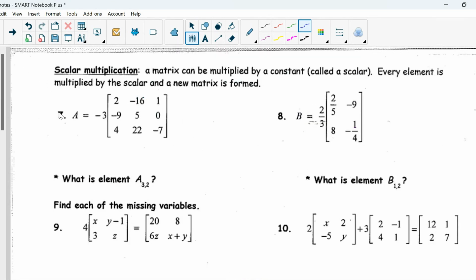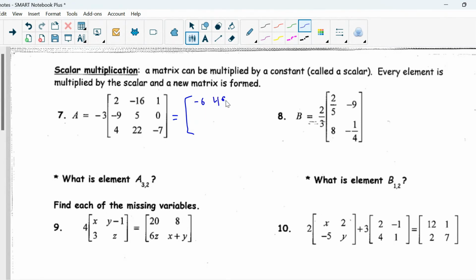Looking at page number 2 here, we have scalar multiplication. So we'll just do example 7 here. In a scalar multiplication, you are essentially multiplying your scalar by every element inside the matrix. So you would take -3 times 2, -3 times -16, so on and so forth. So this would equal, let's see, we have our matrix, we would have -6,